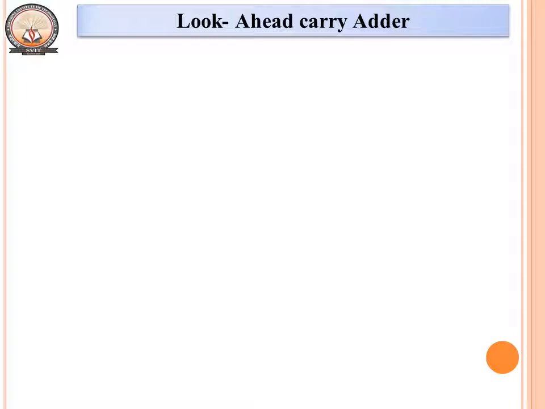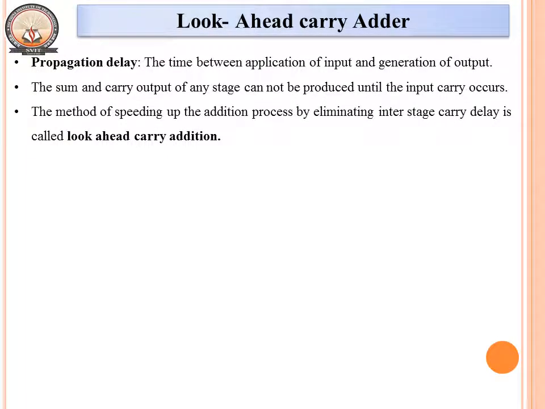Okay, so whenever you want to add more than 3 bits of number, we are in need of a parallel adder, which will help us to add n-bit numbers. Whenever we are adding numbers, as the number of bits increases in addition, the delay time increases. So the thing that comes into the picture is propagation delay. The propagation delay is the time between application of input and generation of output. Mainly, whenever you apply input, the digital system takes some time to give you the output. That may be in the range of nanoseconds or microseconds.